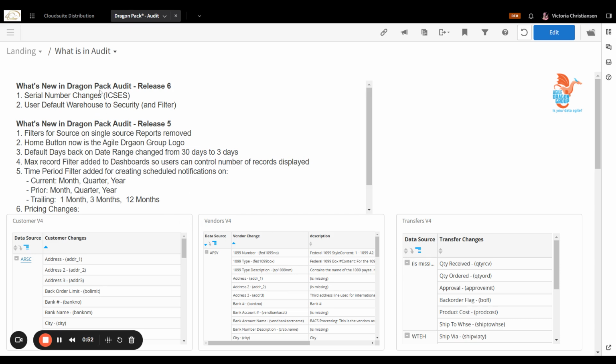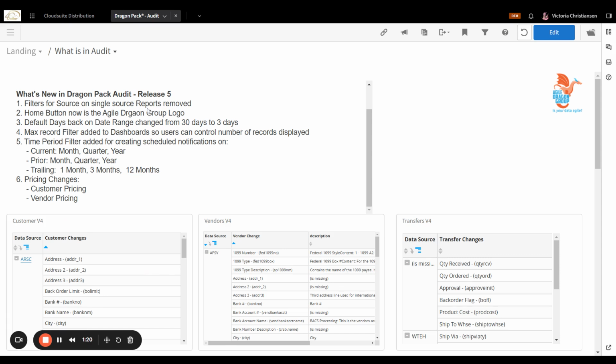So the newest version of audit has ICSES records, which is our serial number changes. Okay, ICSES, that is the table inside of the data lake where things are stored. We also added some fields to warehouse so that you can, inside of security, identify the default warehouses. The last release of audit we had, we've identified and removed some of the filters that have single